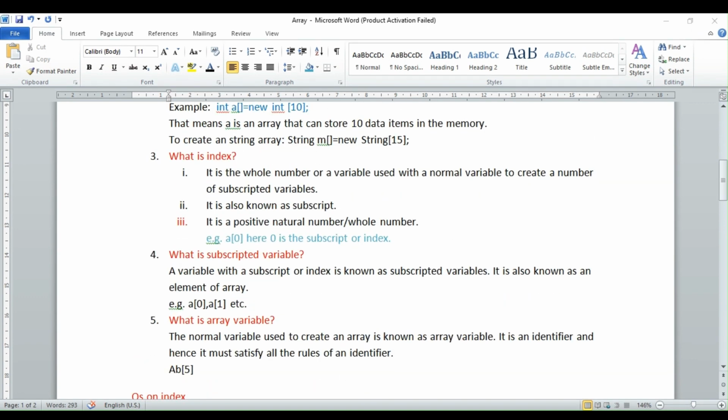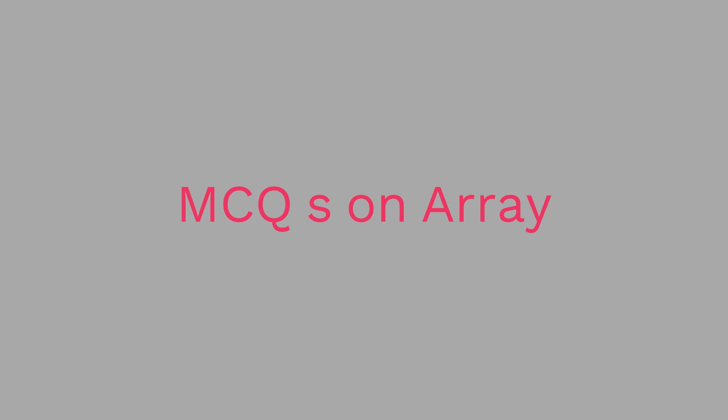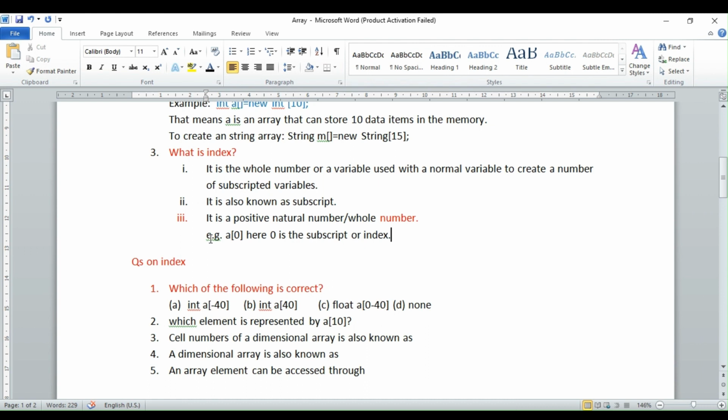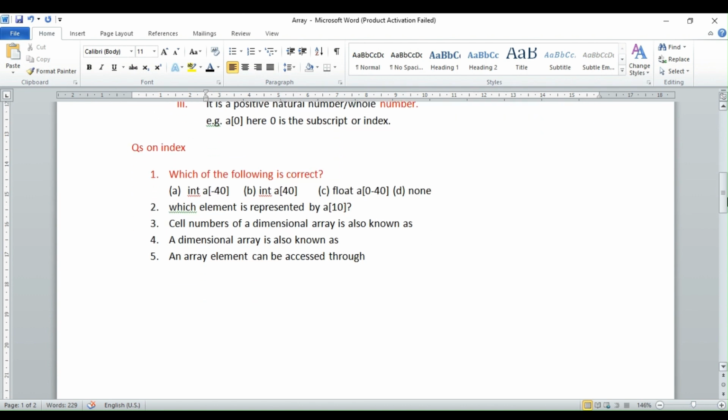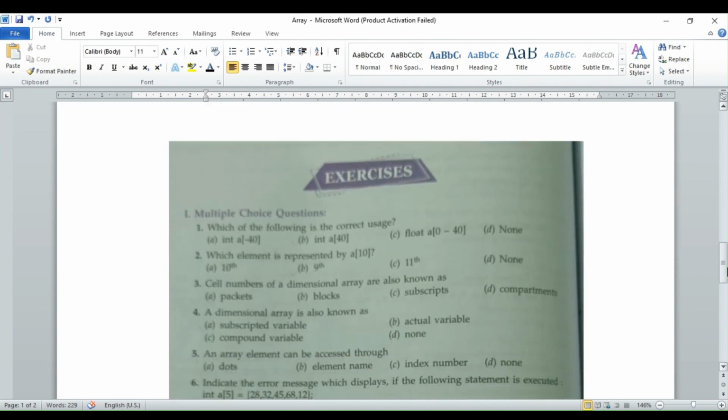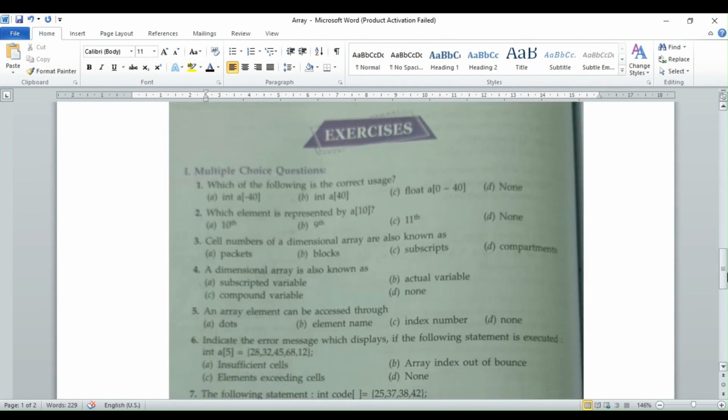Now come to the exercise on array, that is, questions on index. Let us do this exercise of the book. MCQ. Which of the following is the correct usage?